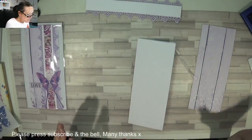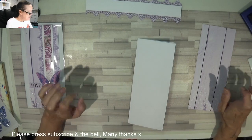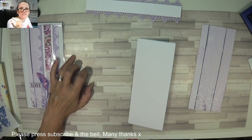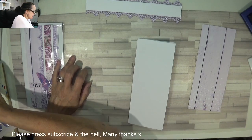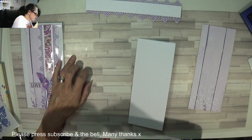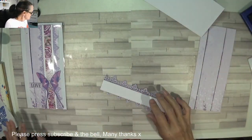So I know it's not a lot of words. Words have gone. Do you know when you go to say something, your mind goes totally blank? So it's going to be a quick and simple card for this week. Oh, and also